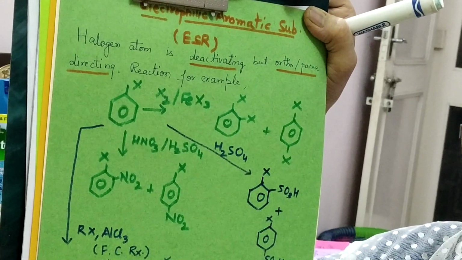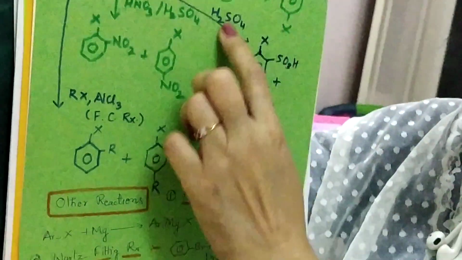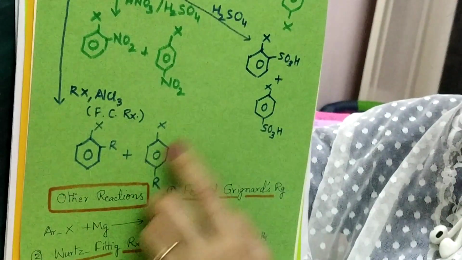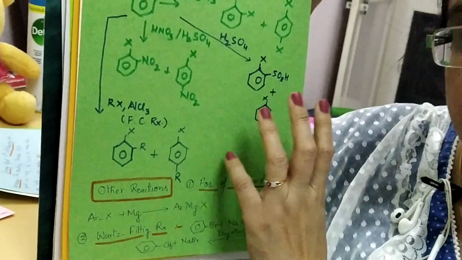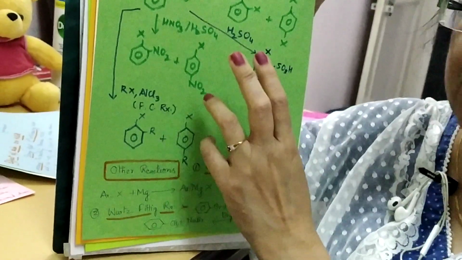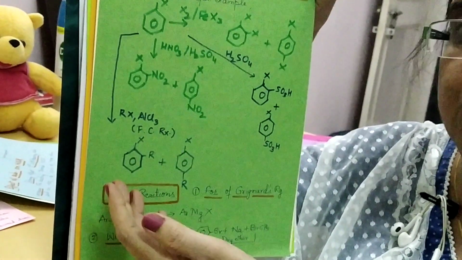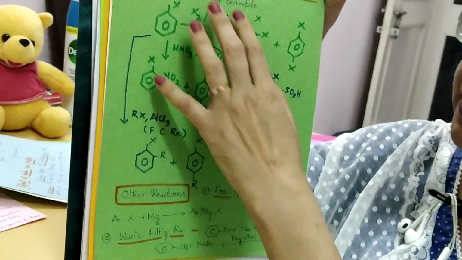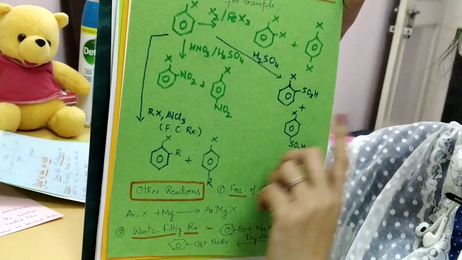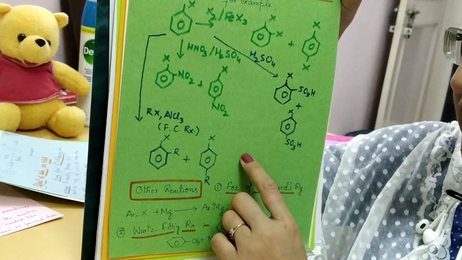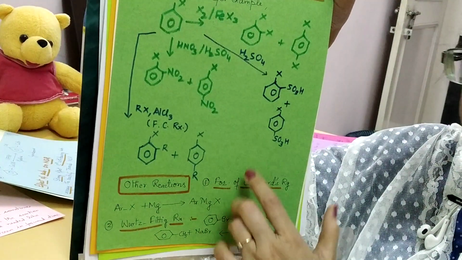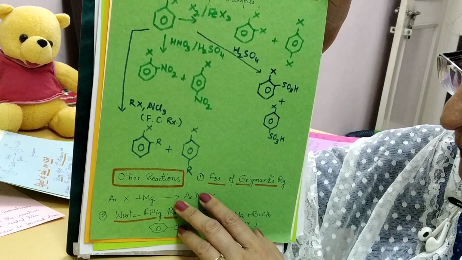But again, you must keep in mind that all these reactions take place only slowly and under difficult conditions, because electrophilic substitution reactions are also deactivated in the case of aryl halides. You must remember that halogens are ring deactivating groups, although they are definitely ortho and para directing, and you already know the reason for that.